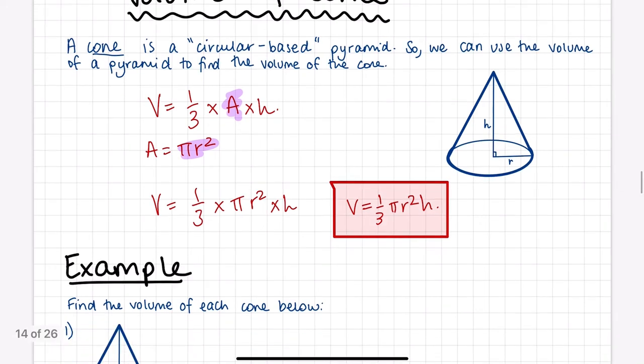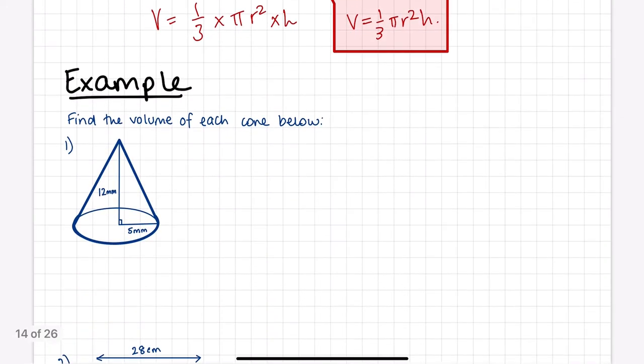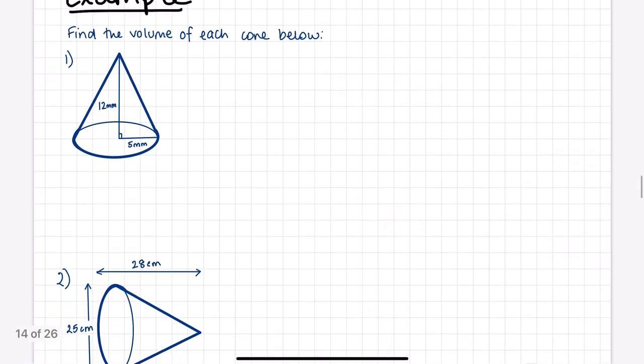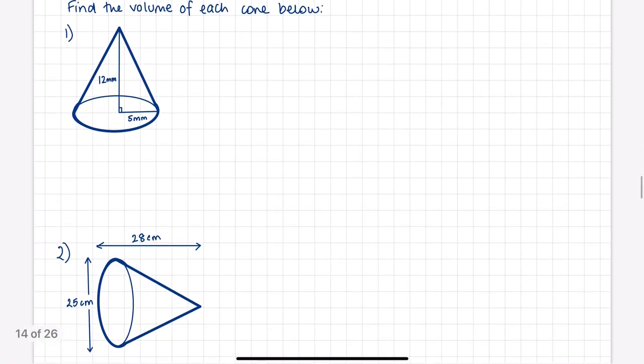Okay, let's do some examples. The example says find the volume of each cone below. So we've got two cones here. The first one, we've got a radius, and the second one, we've got a diameter. So let's see what we do between the two. So the first one,